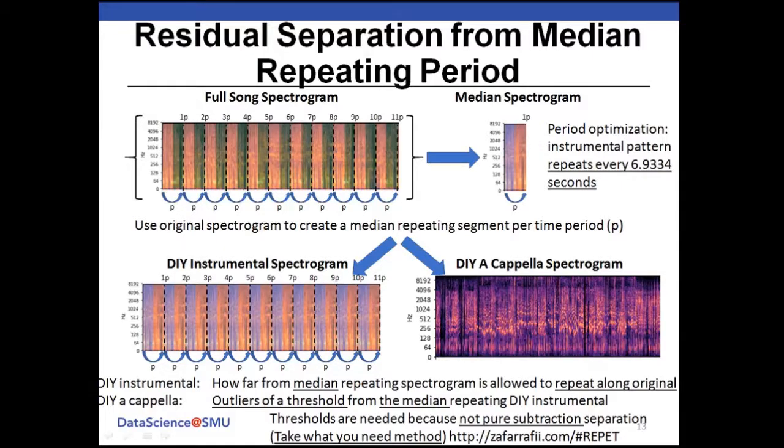So there's a threshold of what's allowed to make the instrumental, and then the outliers of that threshold is the a cappella. So the instrumental is basically the threshold, and then the a cappella is outside the threshold of the repeating instrumental. So threshold methods are not a pure subtraction separation. The texture and the fullness and the quality of the sound is kept intact, and it's basically a take-what-you-need method, and it's a repeat model. So the result is basically